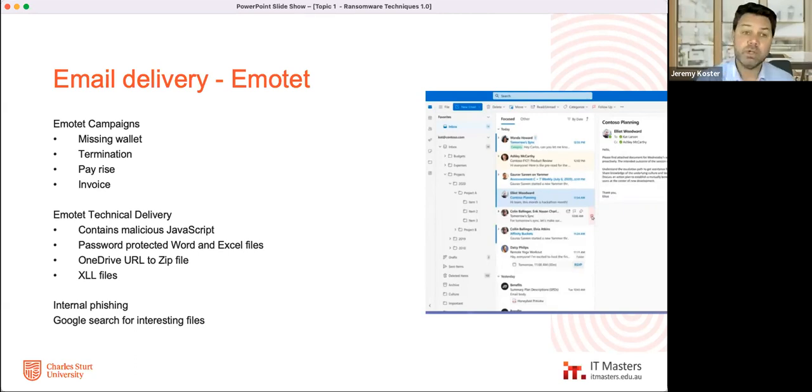And I want to introduce you to Emotet. Emotet is basically like the access broker for ransomware. It's been very successful and has many different variations over time. It was initially identified in 2014, so it's been around for a while. It used to just try and grab credentials, but now it's more of a conduit for other ransomware or other malware coming down.